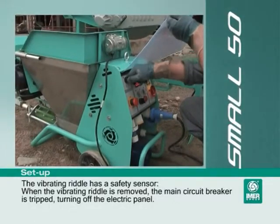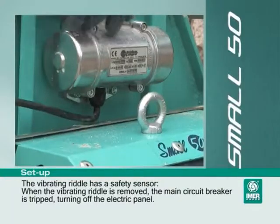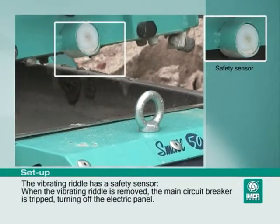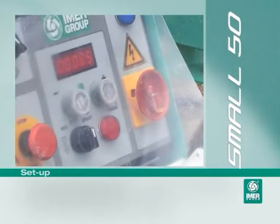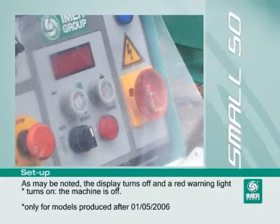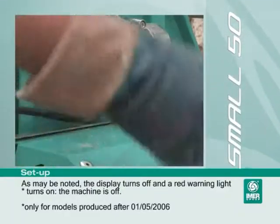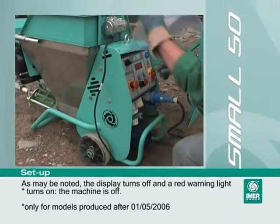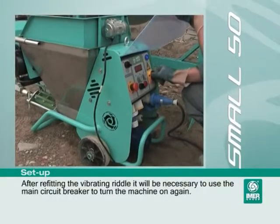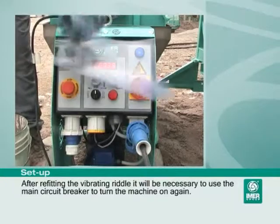The vibrating riddle has a safety sensor. When the vibrating riddle is removed, the main circuit breaker is stripped, turning off the electric panel. As may be noted, the display turns off and a red warning light turns on. The machine is off. After refitting the vibrating riddle, it will be necessary to use the main circuit breaker to turn the machine on